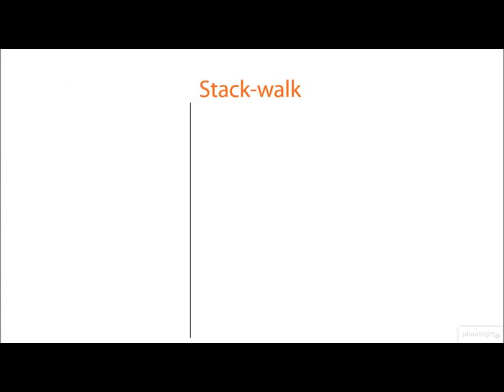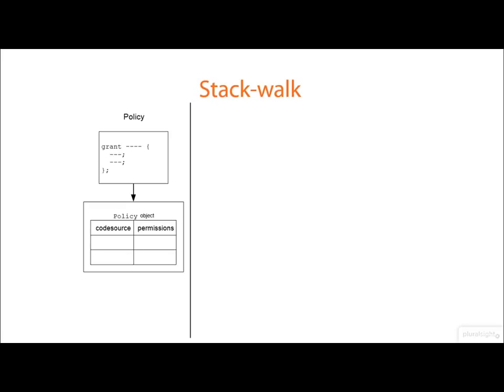So whenever we do any security check, the security manager, in fact the access controller, walks the stack and checks that everything on that stack has permission to do whatever we're currently trying to do. So we've seen already we have a policy file. That policy file grants permissions. We have code sources loaded into the policy object, and those code sources have permissions associated with them. And we know we have a secure class loader that caches these code sources and these permissions in this protection domain. So when a method call is made, and that method call ends up in a call to check permission,